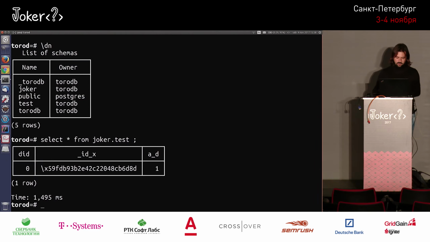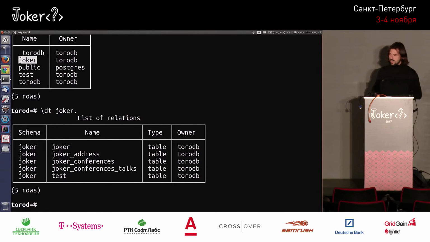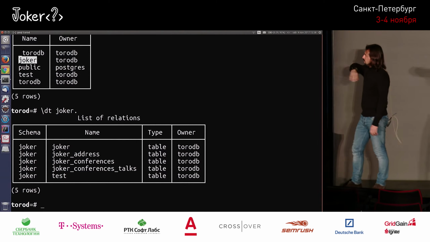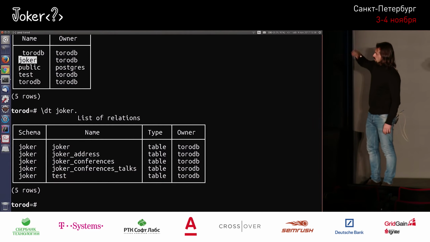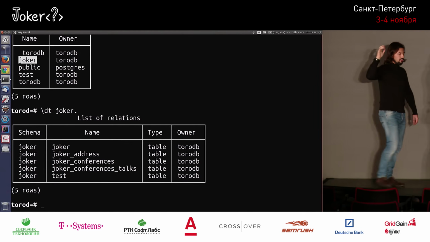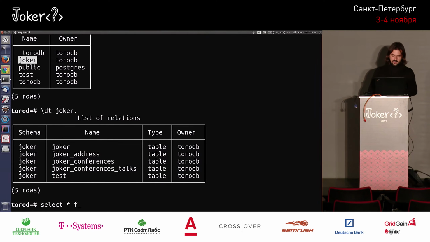All right, let's go back to Postgres. List the schemas. Here we have Joker. List the tables there. And now we can see here that there are more tables that have been automatically created. There's Joker address, Joker conferences, Joker conferences talks. This looks a little bit like my data before in the document. And indeed, if I go and select all this data,